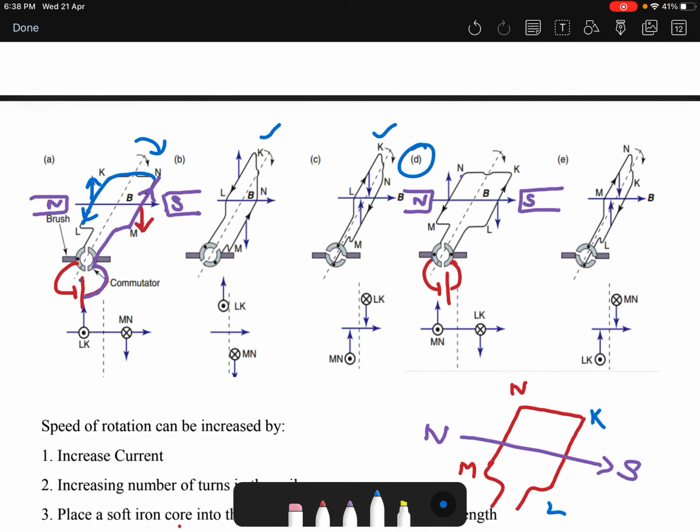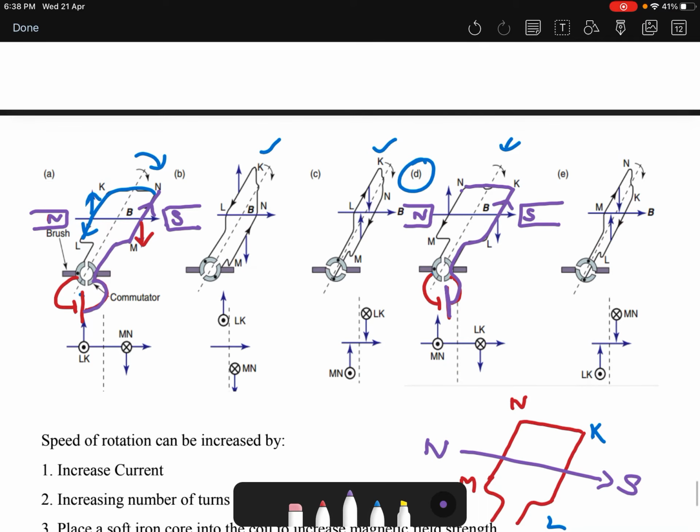So in diagram D, the coil has rotated to this particular orientation, where your MN is on the opposite side now, and your LK is on the opposite side as compared to your diagram A. For the battery, the positive terminal is still right here. Then the current will flow, and you notice that the current is flowing from L to K now, and the current will keep on flowing